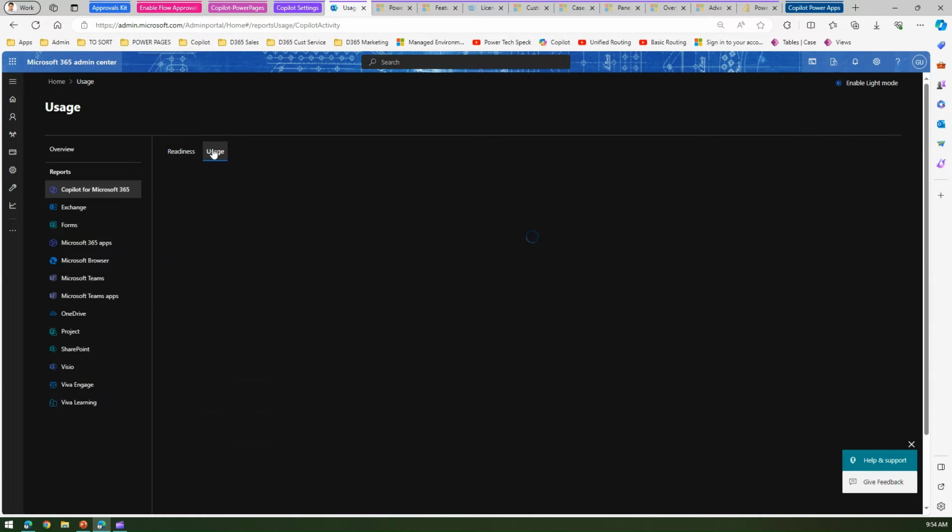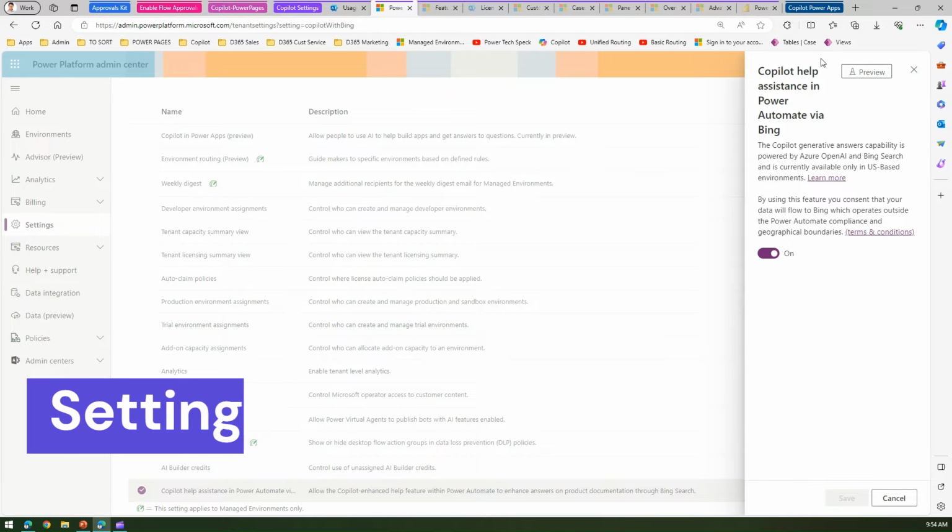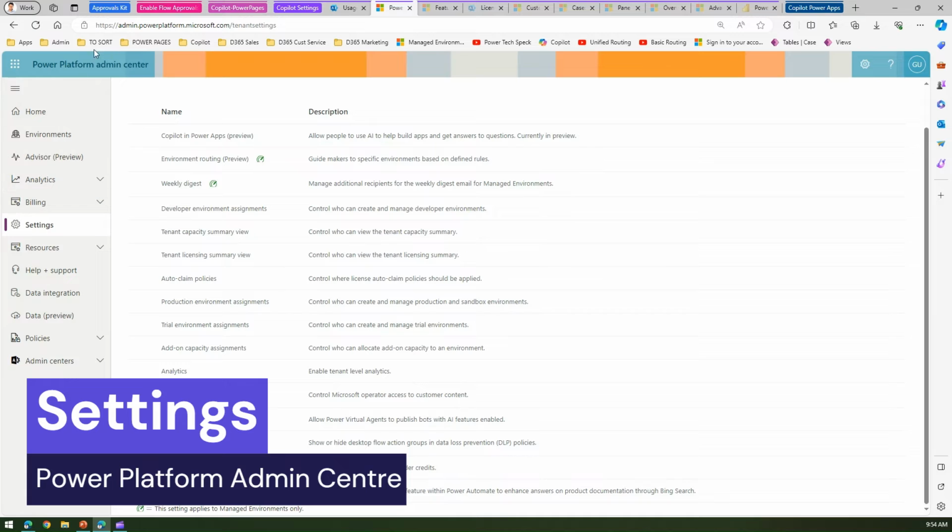within your organization. From a usage perspective, again, I've not started using it, but once you start using it, you should be able to see various insights in terms of enabled users, active users, and how the users are utilizing Microsoft 365 Copilot. Coming to Power Platform Admin Center, if you go to admin.powerplatform.microsoft.com and